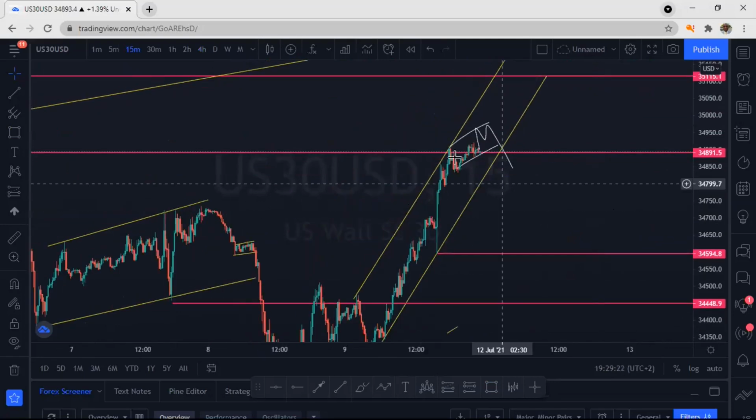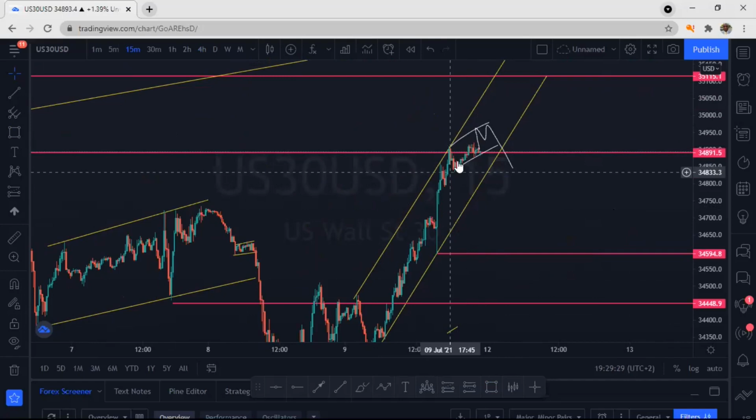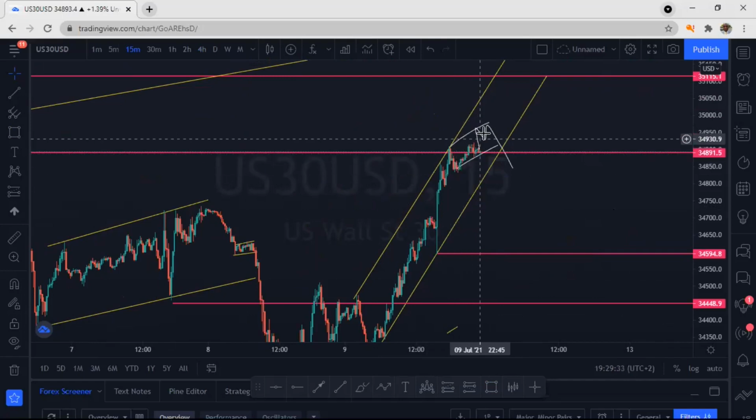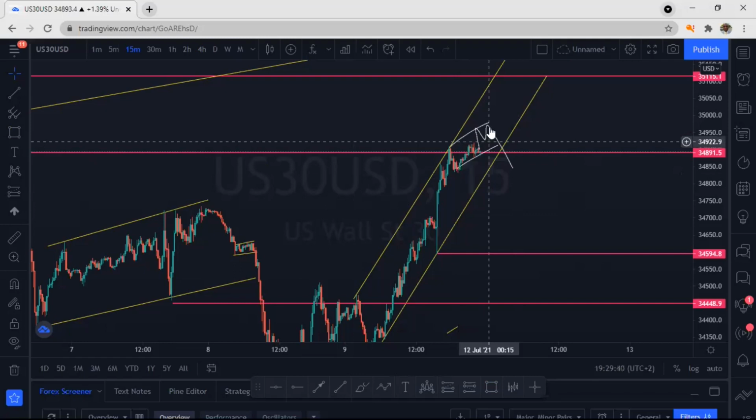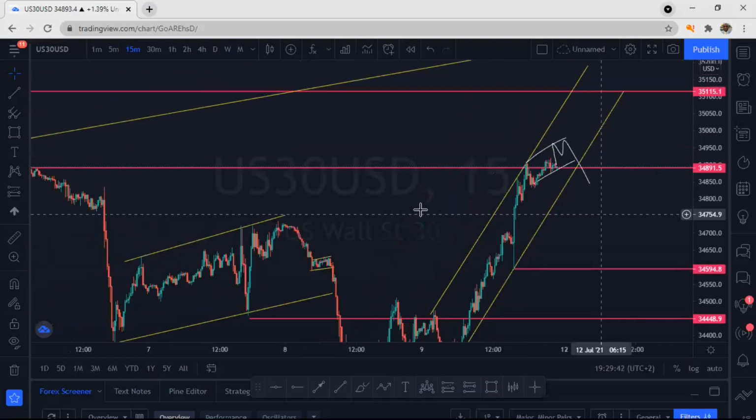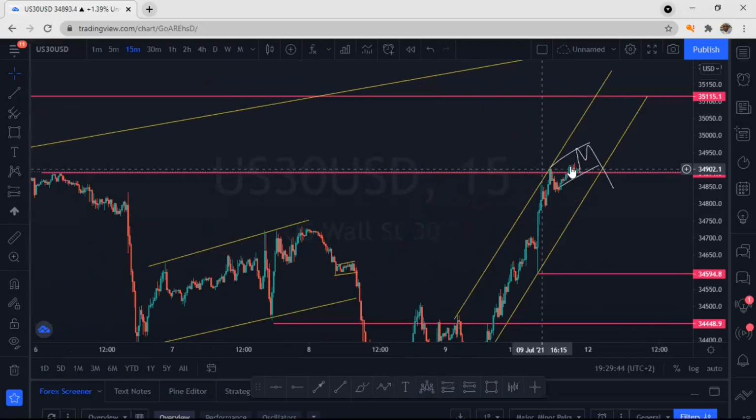You'll find something like this. This is a property. Mr. D is not an owner of the market. But what I've seen most of the time is, if the market pushes up in a correction manner, this is what normally happens: it creates a correction and it pushes down. And many people here are buying because they say, no, this had come down, so now it's going up. I don't know if you get me on that, guys.